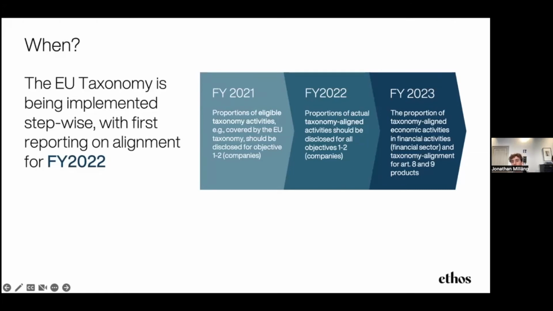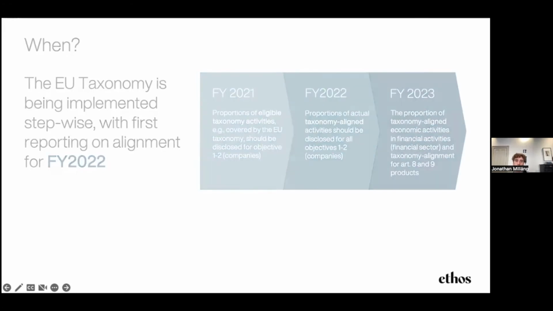The financial sector is reporting 1 year after all the non-financial actors have reported their taxonomy alignment. So the financial sector doesn't report until full year 2024, for the year 2023, regarding how much of their financial products are taxonomy aligned. This is so that they can take the information provided by the listed entities and incorporate it in their fund calculations.